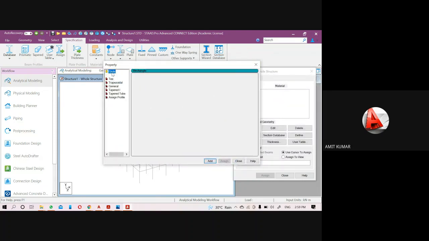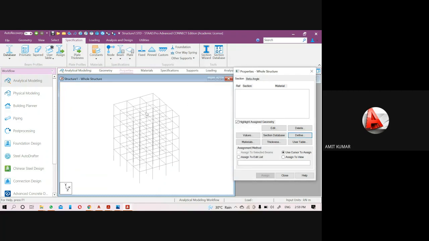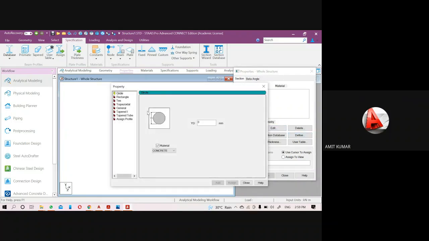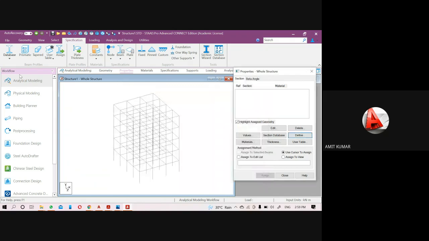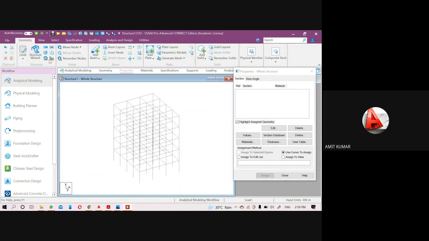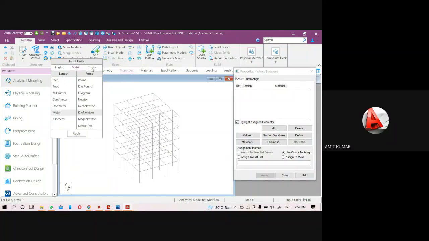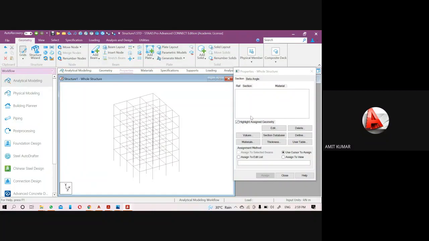Next thing, if your column is rectangular, just select the rectangle and provide the values yd and zd. So it will be the thickness of the steel. Here in the define, you are seeing the unit is in mm. See it very properly, because I just changed the input when I was importing the file. Our custom setting was in mm, so I will convert it into meter and kilonewton and apply it.